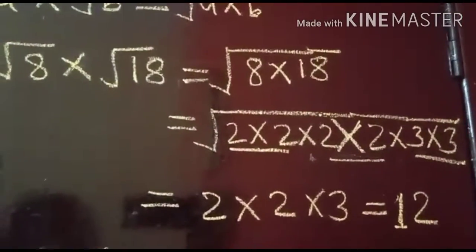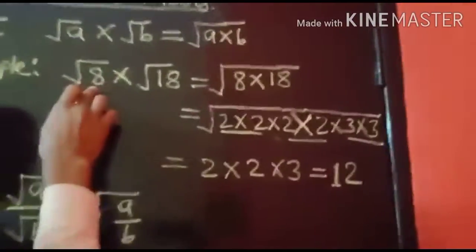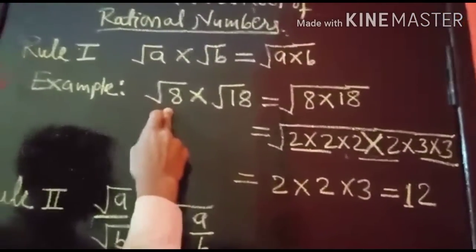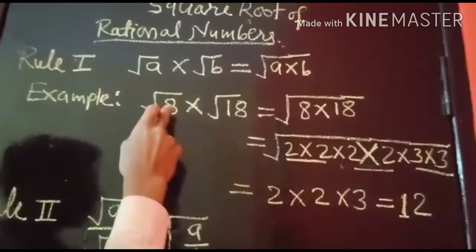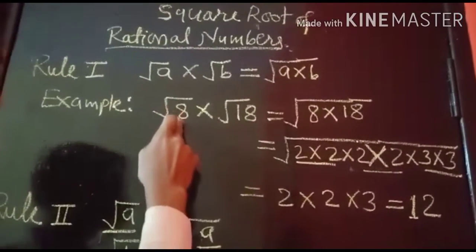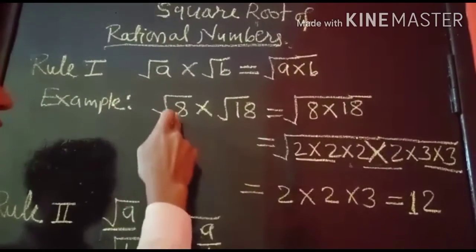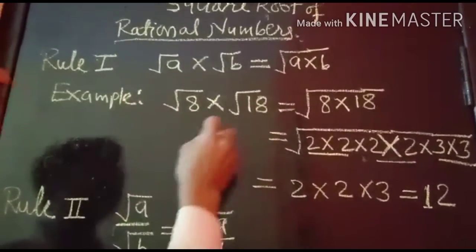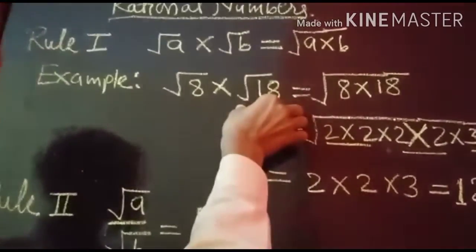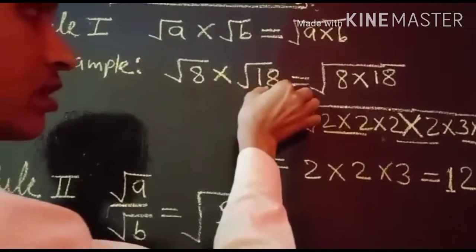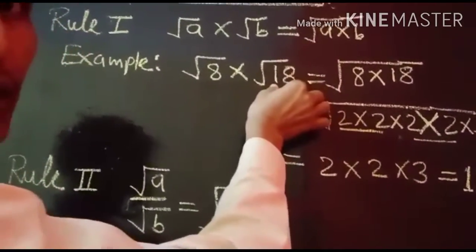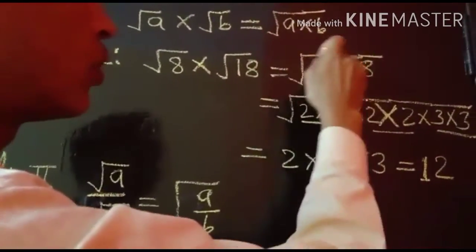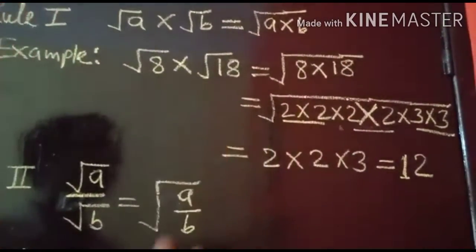by 18. Here the interesting thing is that 8 separately is not possible. We cannot find the square root of 8 because its prime factorization is 2 into 2 into 2. So there are 3 twos, so it is not possible to take out pairs. Similarly 18 also is not possible because this is not a perfect square. So how can we find the square root of 18? But when we bring them under one square root together, then it is possible.